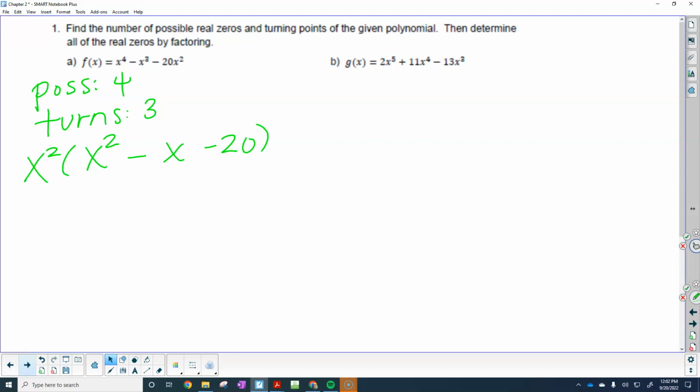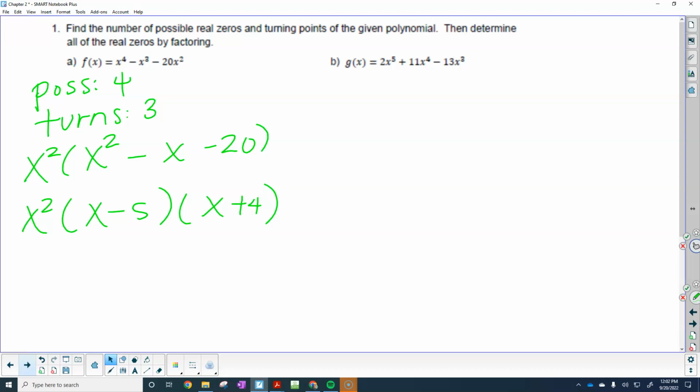As soon as you close that parenthesis, you should recognize what the factors are for that. That's how quick you need to be, guys. What are the magic numbers for this in here? Very good. -5, +4. So x minus 5, x plus 4. All right. We have factored that completely, which means it has real